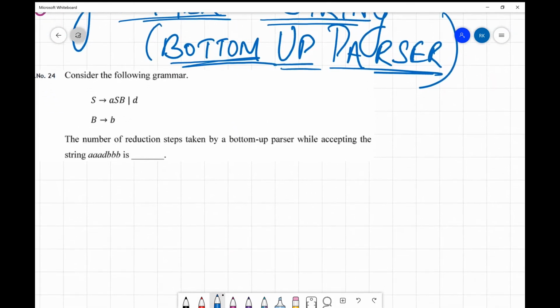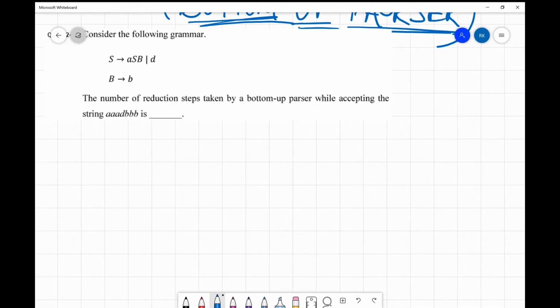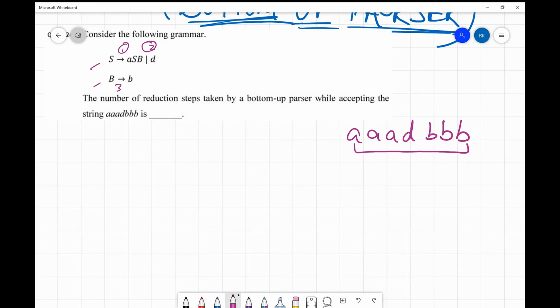The first thing we do is write the string in a corner so that the picture is very clear about what we need to find and from where we need to find it. We have the grammar. First of all, I need to start building this string, and I'll look at my rules. There are three production rules, and for the sake of referring to them, I am numbering them 1, 2, 3.